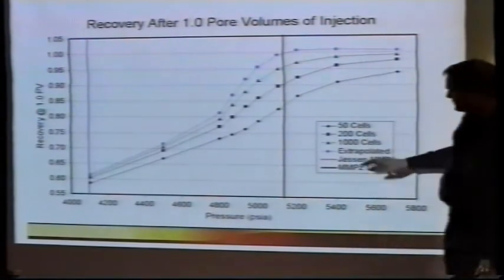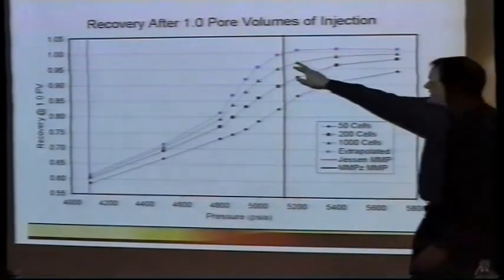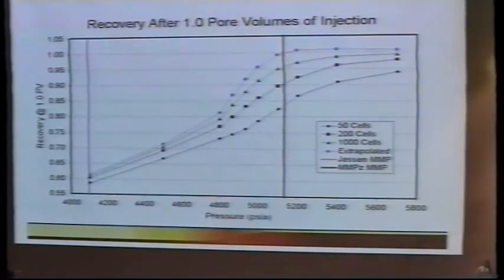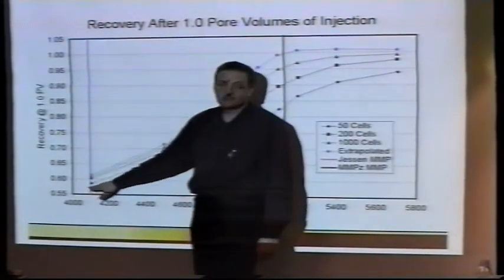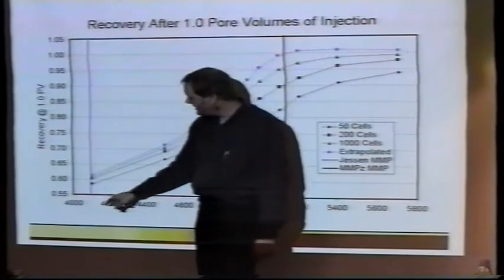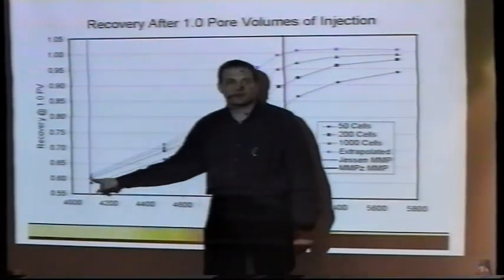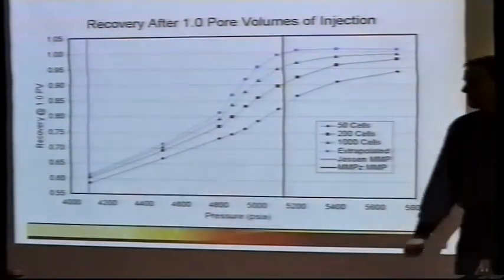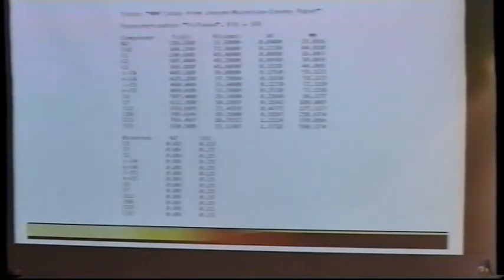And this red line is where MMPZ places it straight off. So you can see that there's excellent agreement between the two. This is where Jessen puts the MMP. Well, 60% recovery in my book is not miscible. So it's clearly a false solution. All right? Now,